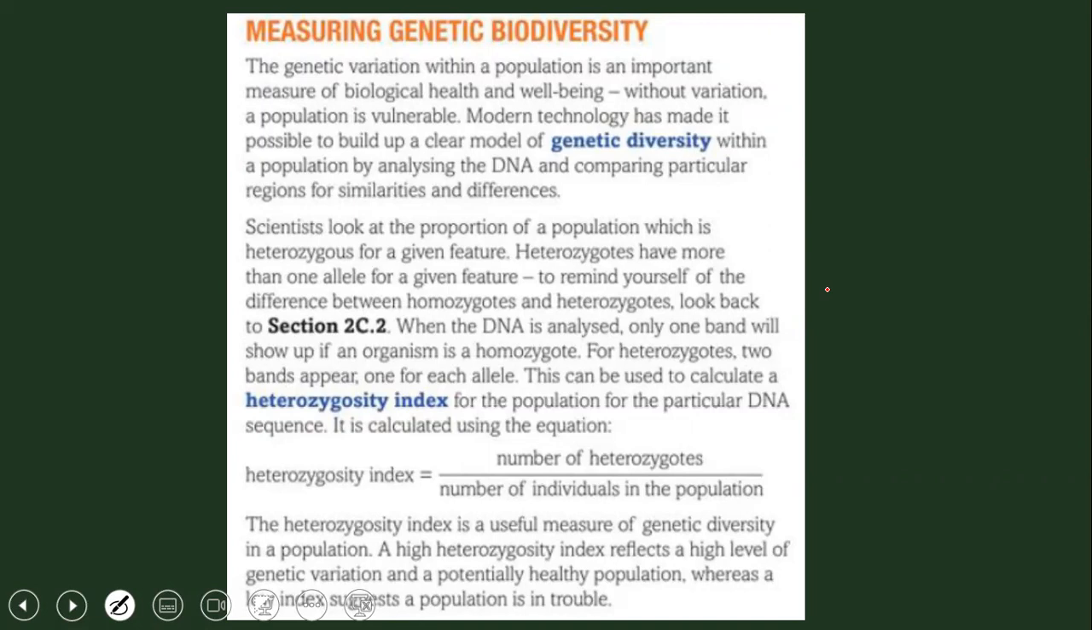So population genetics is the sum total of all alleles in a population at a given time. That is the gene pool of a population. Gene pool of a species was what? The number of different genes that can be found within the species, right? This is the number